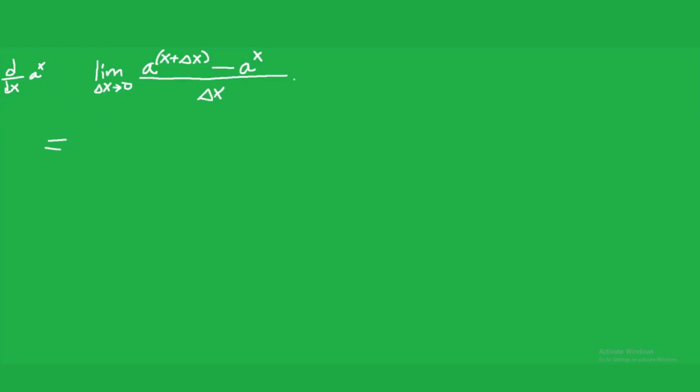And a property of exponentials is that a to the x plus y